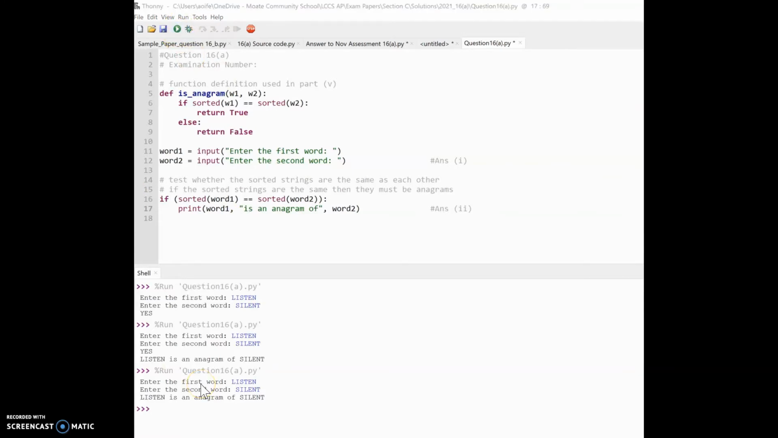Part 3 of this question asked, extend the program so that if the words entered are not anagrams of each other, the program displays the first word followed by the phrase is not an anagram of and then the second word. When the program runs, the output may look as follows, and it gives you some sample code there. So at the moment it says if the sorted word 1 is equal to the sorted word 2, print word 1 is an anagram of word 2. I'm just going to put in here else print, and it's going to be word 1, comma, my string is not an anagram of,